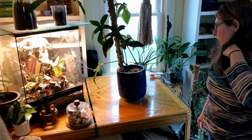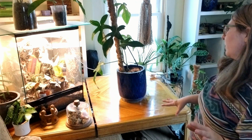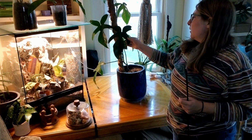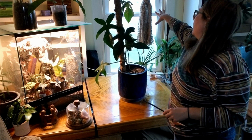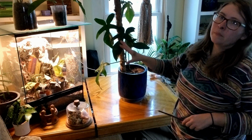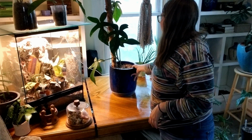Okay, so got the table cleaned up a little bit. Now the fun part, rearranging, and my big old squamy girl is now up here. I just thought she might want a little bit more sunlight, and hopefully this window will provide it even with the curtain on, not to mention the light from the terrarium. So yeah, I am gonna put her